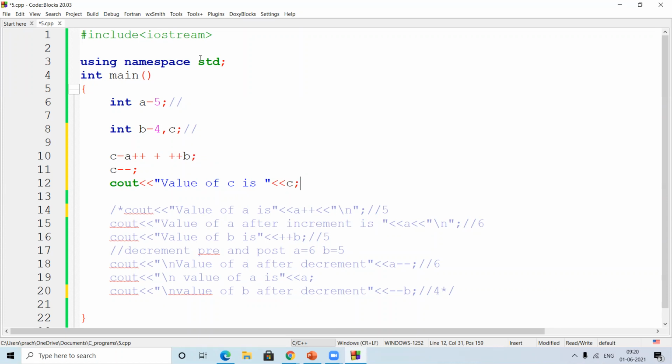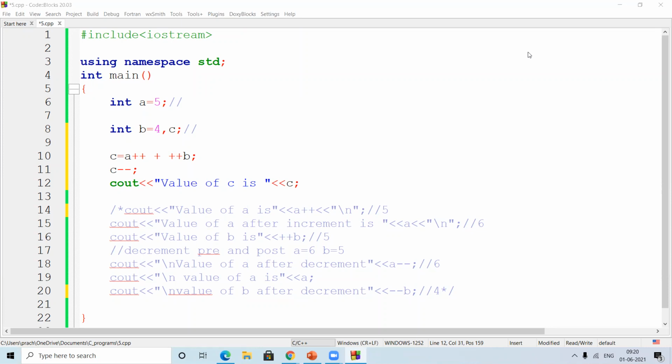Could anyone identify what is the output? Okay. पहली चीज बताओ मुझे.